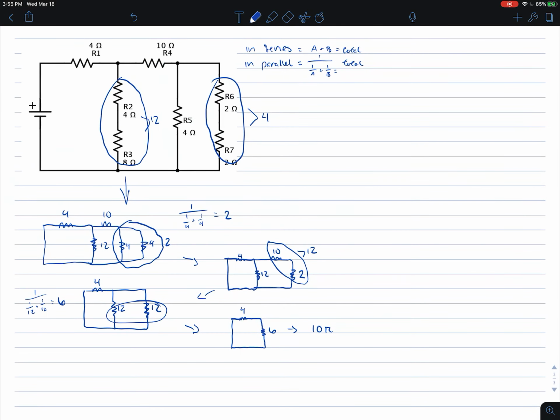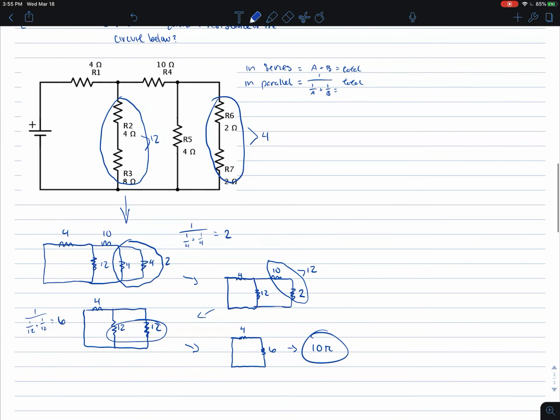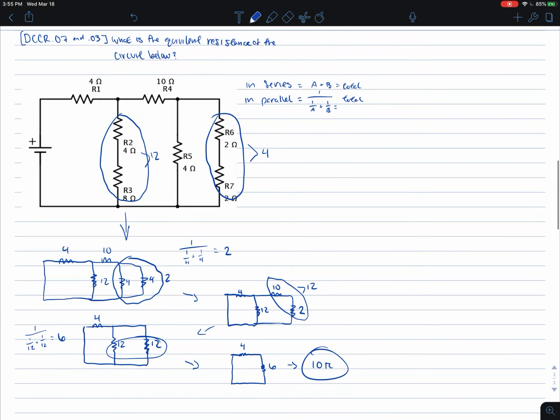So in the end, you get an equivalent resistance of 10 for the entire circuit. And there we go. I feel like this was the best way for me to break it down and really understand where the parallel and series